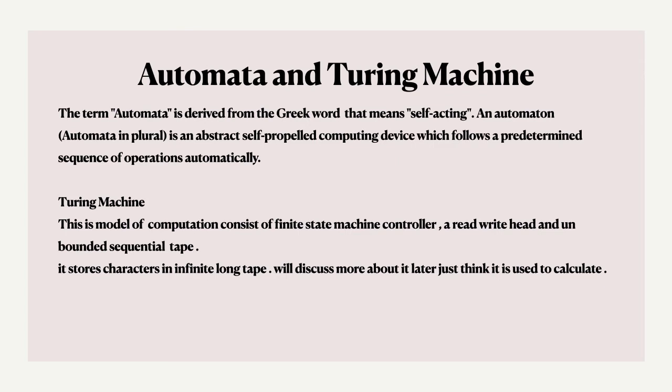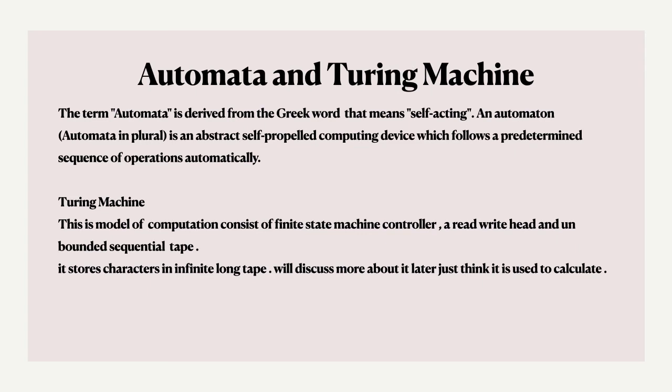What is automata and Turing machine? The term automata is derived from the Greek word that means self-acting. So the machine which acts by itself, that's your automata. An automata is an abstract self-propelled computing device which follows a predetermined sequence of operations automatically. So that means we have to design an automatic machine in which we have some algorithms behind it and some calculations behind it,